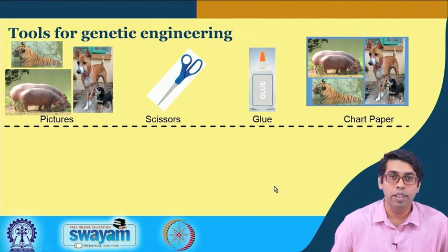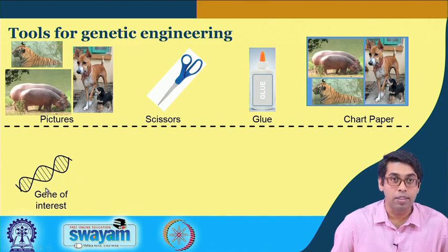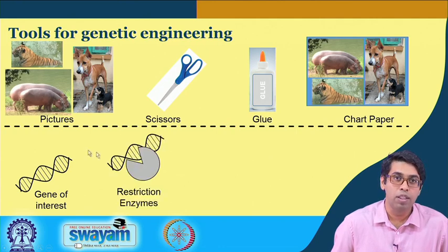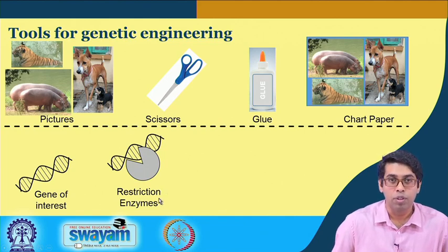In a very similar manner, for recombinant DNA technology, we have our gene of interest. This gene of interest is again coming from a particular chromosome. So, we have to cut it out, and as I said before, we use polymerase chain reaction to do that. But even once we have our PCR product, we need to trim it precisely so that we can insert it into the plasmid. Such precise trimming is done by molecular scissors, which in this case are a particular type of enzyme called restriction enzymes. So, restriction enzymes are nothing but our molecular scissors.